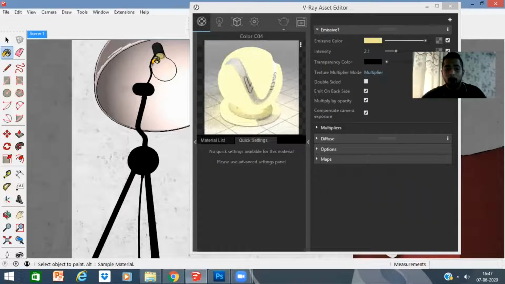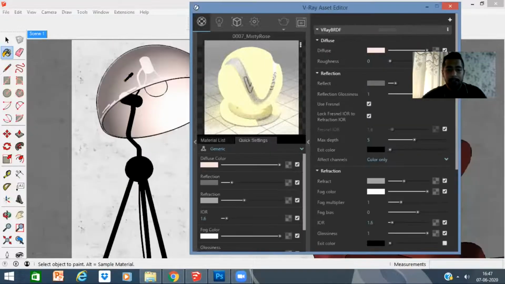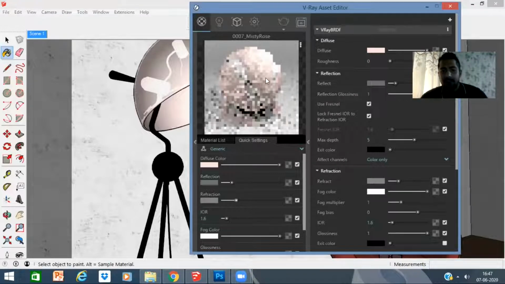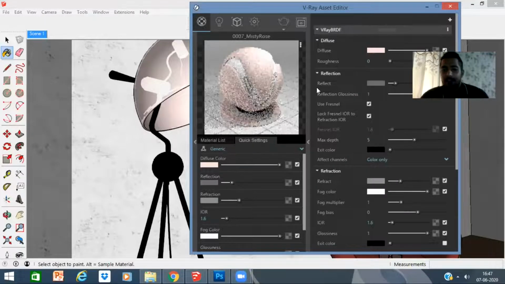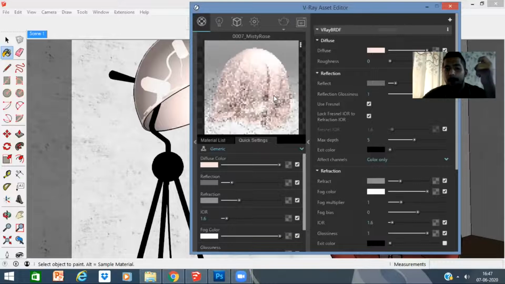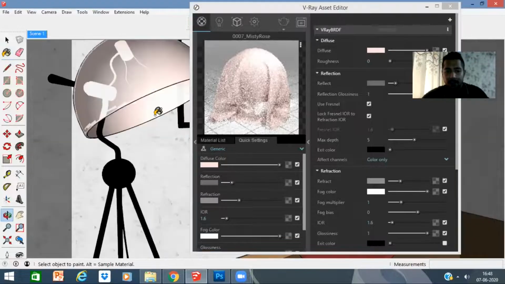Now I'll select the cap of the lamp. Over here you can see how this lamp is basically going to show us this circle. Again, guys, you can see the refraction of this is low. Refraction is basically the translucency or the transparency in my cap, right? And I can even click on these 3 buttons over here, guys, because if the circle is not enough for you, you can change it to fabric. You can see it like a fabric. If you want to edit a particular fabric, you can click here to see that, guys.